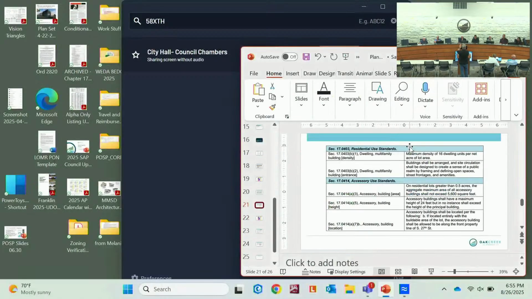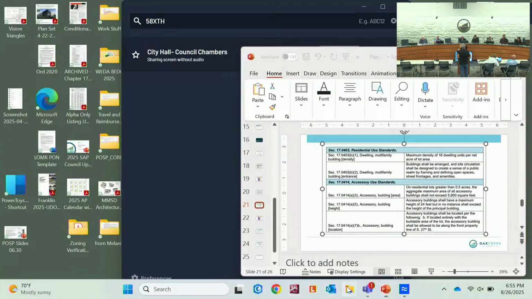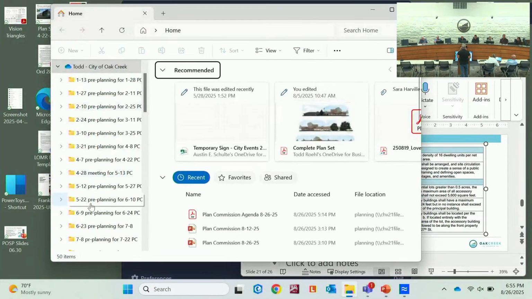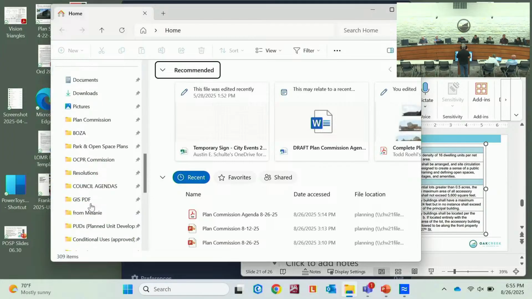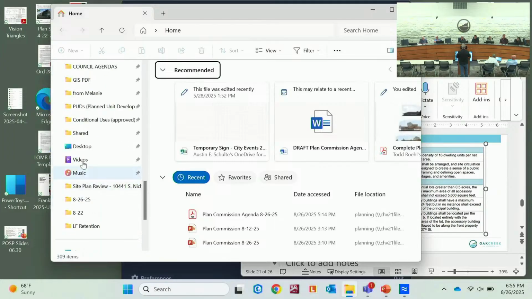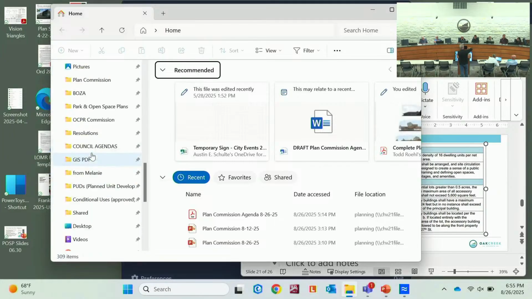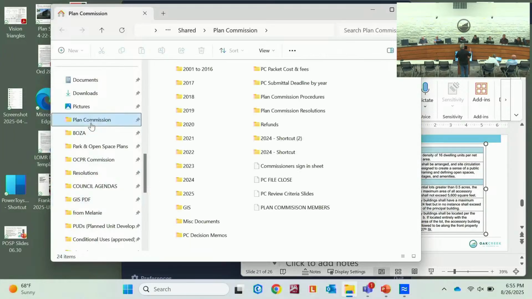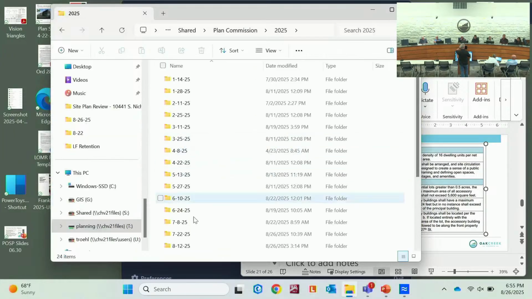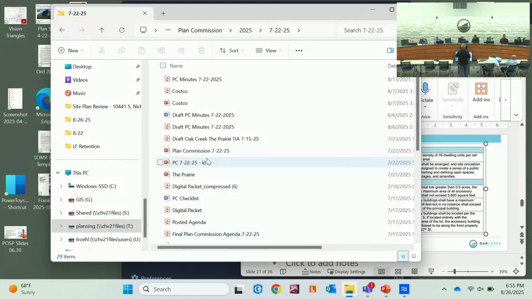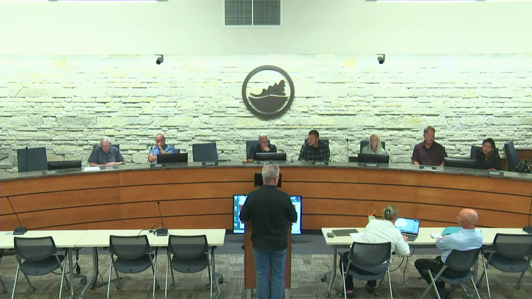Your code says that you have to have more than 2, not 2, more than 2 in order to be a multifamily complex. And if it's a multifamily complex, everything else is okay. Okay, so this PUD says that 2 buildings is a complex. That's essentially the bottom line of what's happening. Yeah, I understand. Okay, that's it. Thank you. My questions kind of got answered along the way.